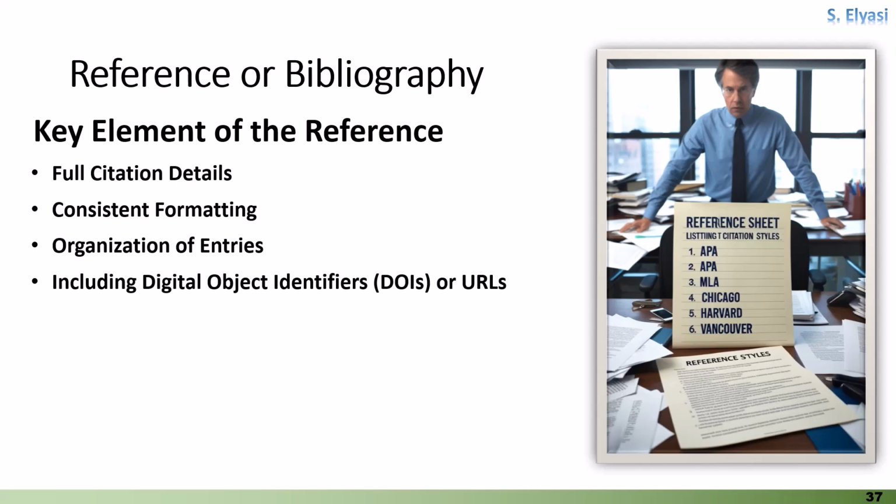Including these elements is especially important for online journals and articles to ensure that readers can directly access the reference material, properly attributing various source types. The references section must accommodate a wide range of source types, including books, journal articles, conference papers, and online sources. Each type of source has its own specific citation format, and it's important to follow these formats closely. For example, a book citation differs from a journal article citation, and these differences must be respected to maintain clarity